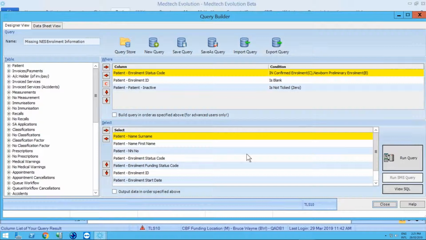Cool. So while we're here, actually we'll close out of this now. Close. Okay, and while we're in the section, I'll just guide you. So we've also got from the